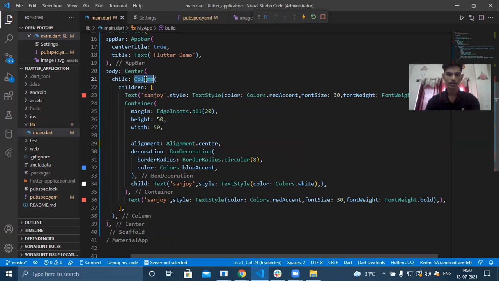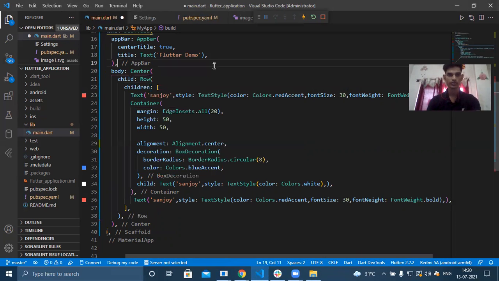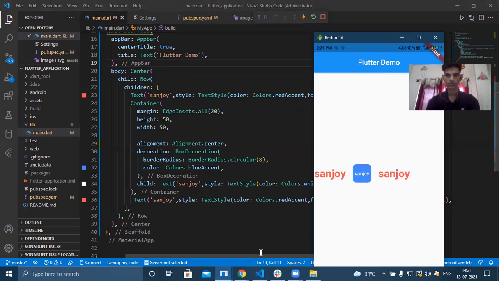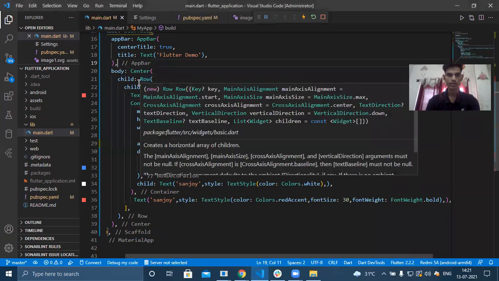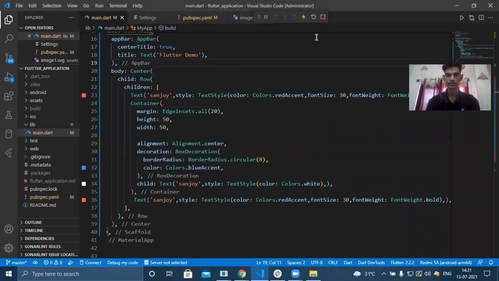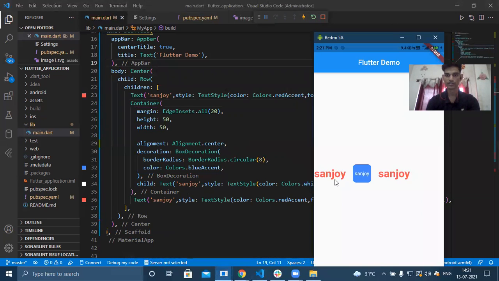If you change Column to Row, then we can see the difference between column and row. I'm going to hot reload this. Maybe I have to hot restart, because I have changed the parent attribute. Whenever you change the parent attribute, you have to hot restart; hot reload will not work. Now check. You can see the difference between row and column.